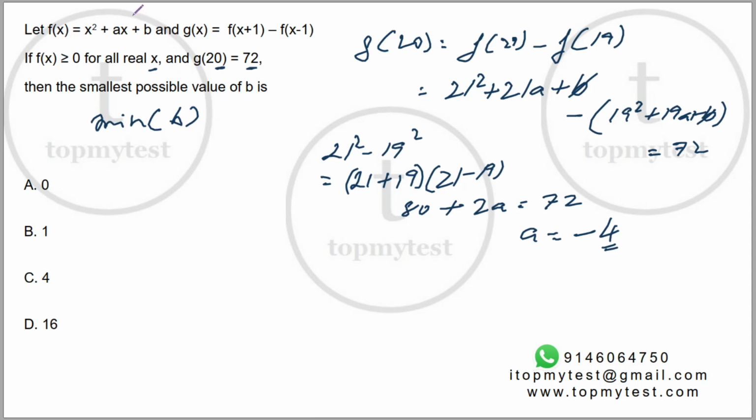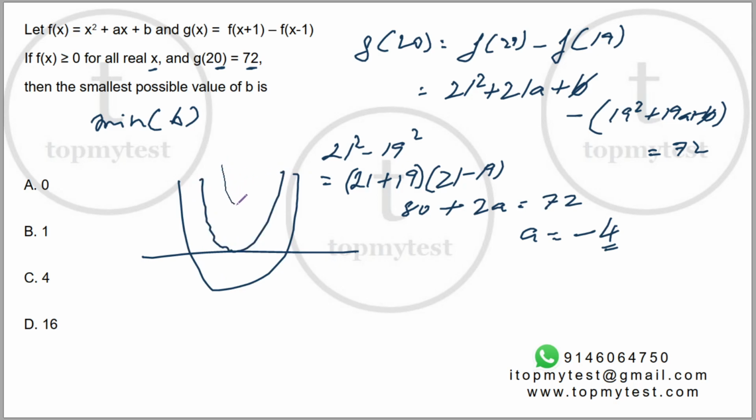How do we do that? We need to go to this relation. Now this relation says that f of x is always greater than or equal to 0. Now this is a quadratic function, right? And the coefficient of x square is positive. So the graph will always open upwards. So you can have something like this, something like this, or something like this. Right here, the discriminant is greater than 0. Here, the discriminant is equal to 0. Here, discriminant is less than 0. It does not intersect the